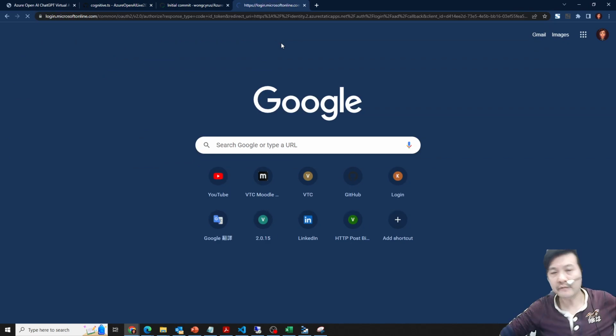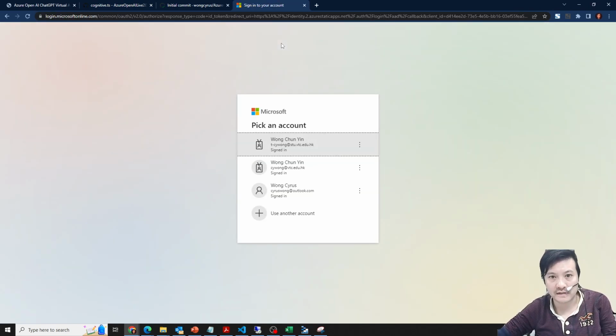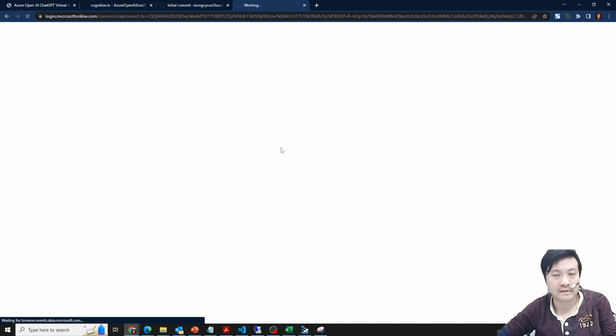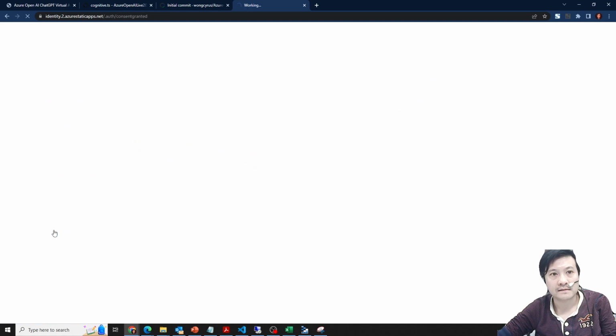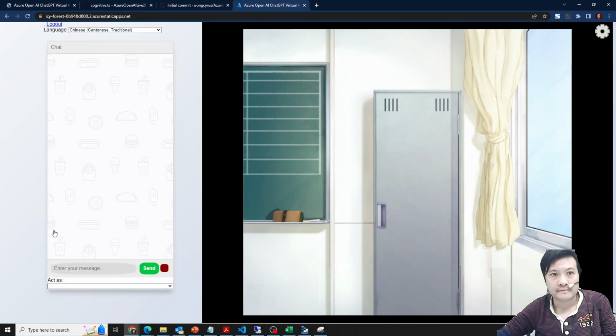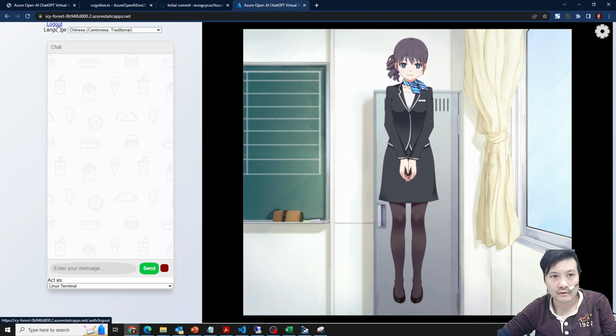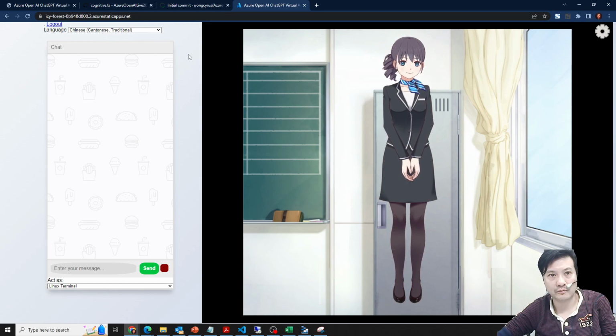the Azure site. We require login using Active Directory, which we also set up here, and then you can pick the whitelisted email address just imported into the Azure storage table. For example, I want to use this one. This one is my school account, and it will require capturing the email address and username, and then granting consent. It will be able to log out, and then you no longer need to set your key here,